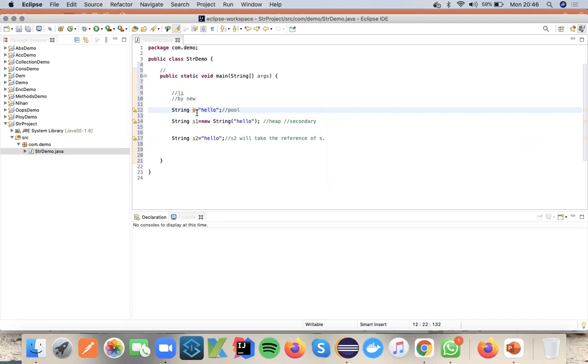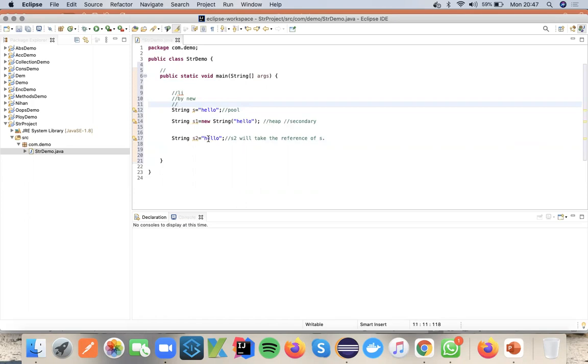And the second advantage is when you have this value hello, s is for hello, and when you declare hello for s2, you are not able to change the reference of the object that is hello. You are using the existing one. When I say immutable, once an object is present in the pool memory, we cannot create a new instance when you want to store the same value. So we will go with the existing reference. That's why we call string an immutable object.